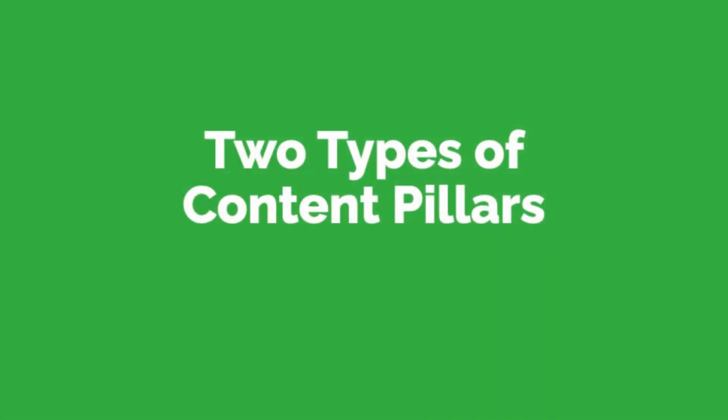Two types of content pillars. Generally, for thought leaders there are two types of content pillars. The first and obvious one is the topic cluster that we mentioned before. These are the things you talk and write about. And coming up, I'll share my 6-part strategy for how to create your content pillars.